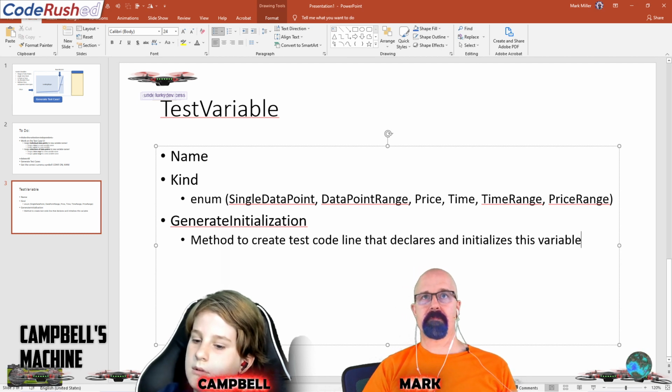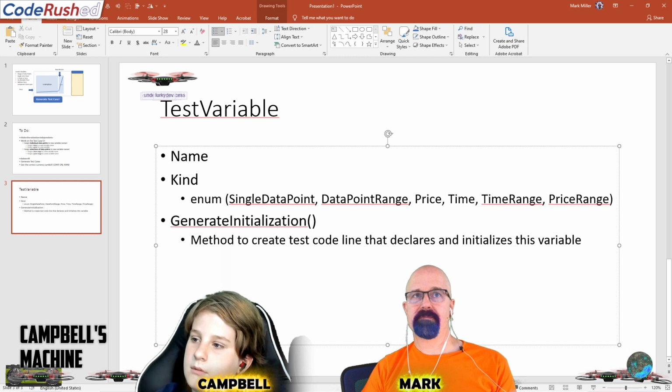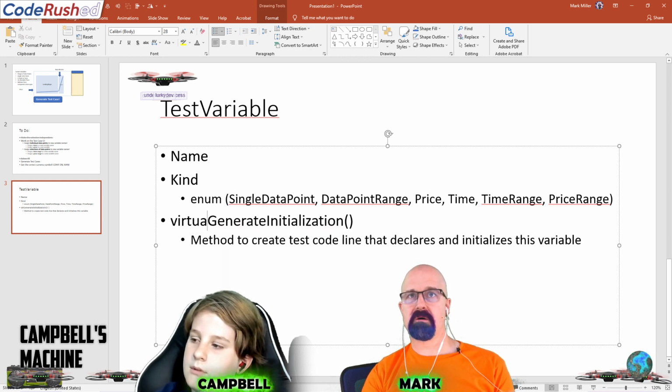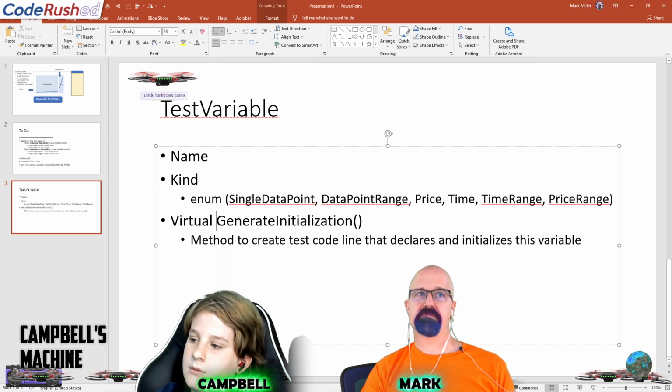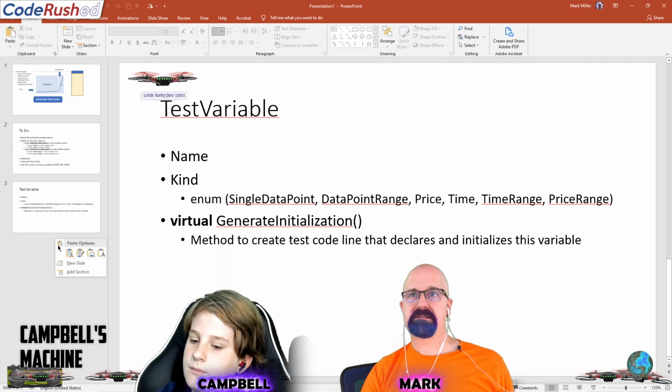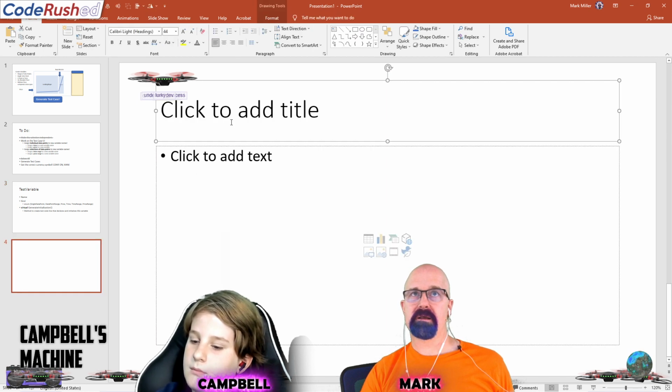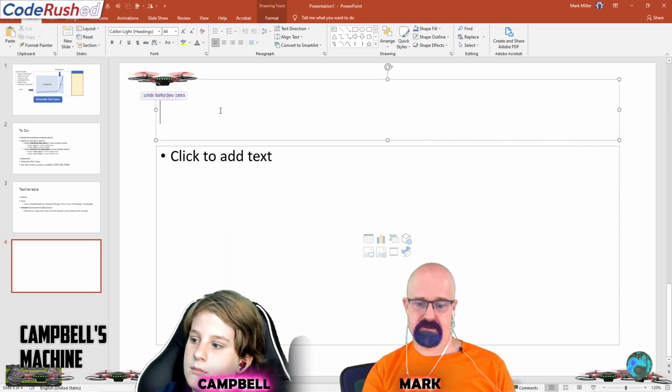This is a method, and I think it should be virtual, which means we're going to override this method in descendants,